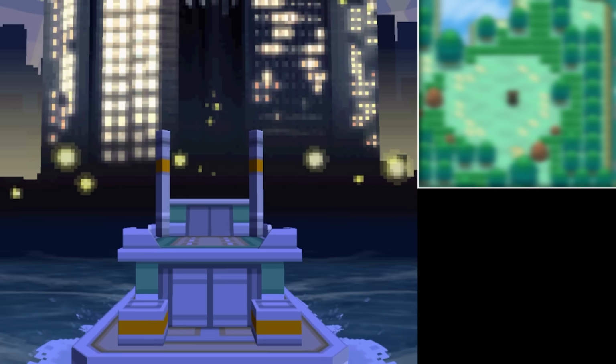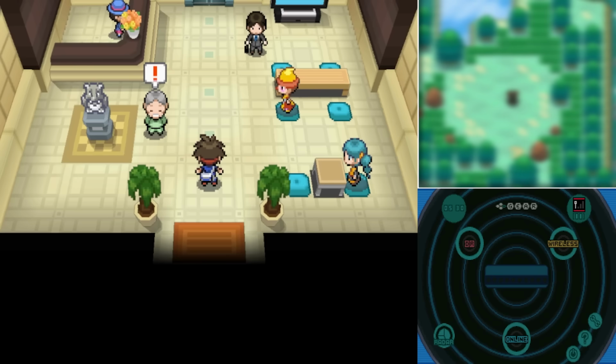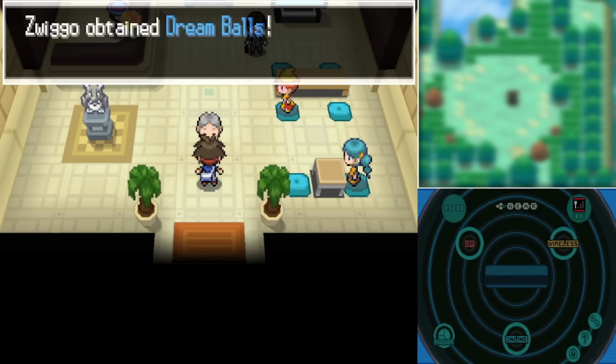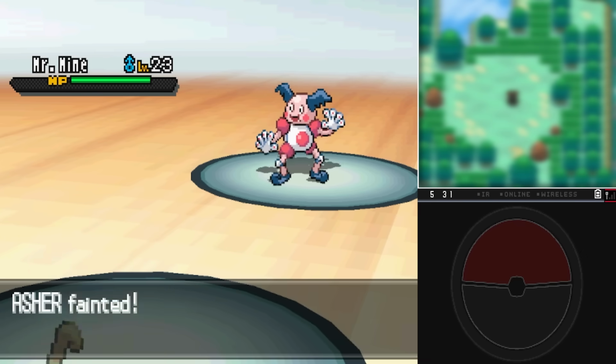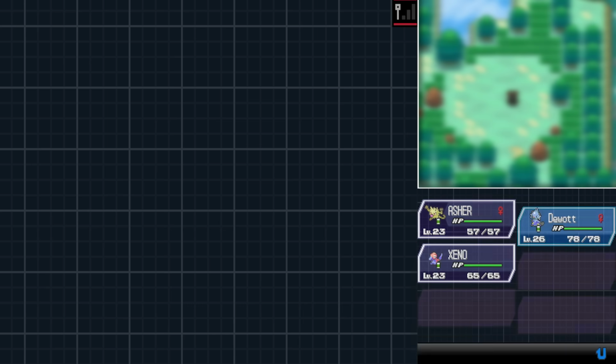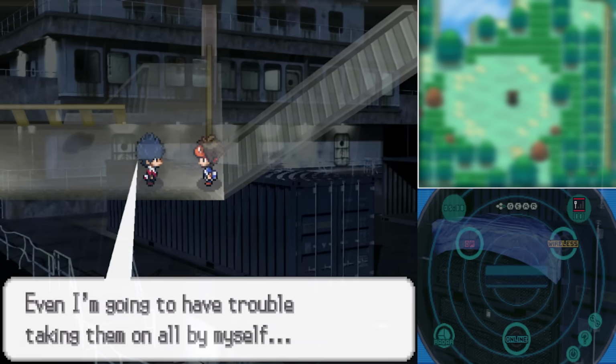Once we start wandering around the streets and get lost a couple of times, I enter a couple of buildings where sometimes I got free items and sometimes I just totally got destroyed in battles. However, one of these buildings housed a Name Rater, so I could finally give Dewott the name she deserves. Straight after, we have to do some wet work